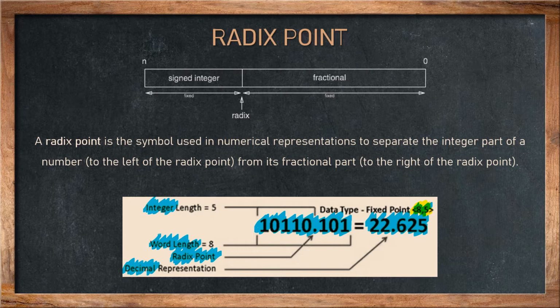Let's take one example. Suppose it is given, let's say, 6 and 2. And you have the number 0, 1, 0, 1, 0. Suppose this is the number and it is asked that you write this number in this 6-2 format. How will we write? 6 means total length, so 1, 0, 1, 0, 1, 0. And 2 is nothing but the integer length. It means I need to put the radix point over here. That is 10.1010. So we also call this the data type for the fixed point. This is the format. So it is all about the radix point.